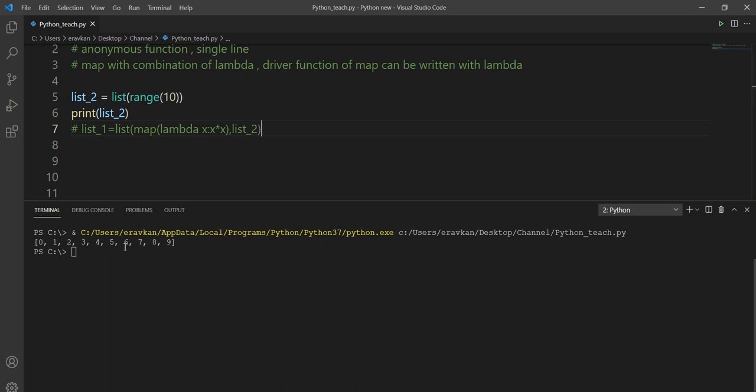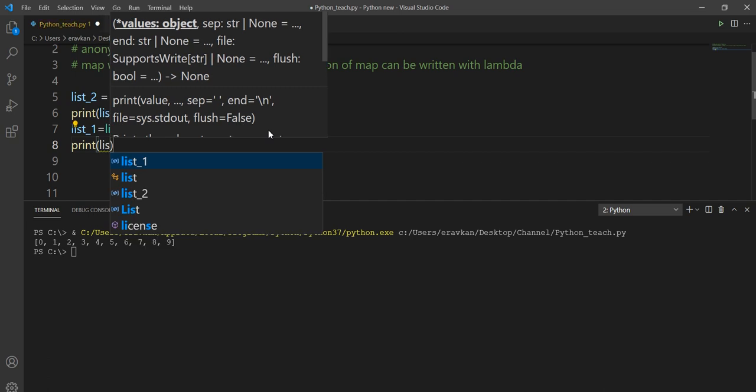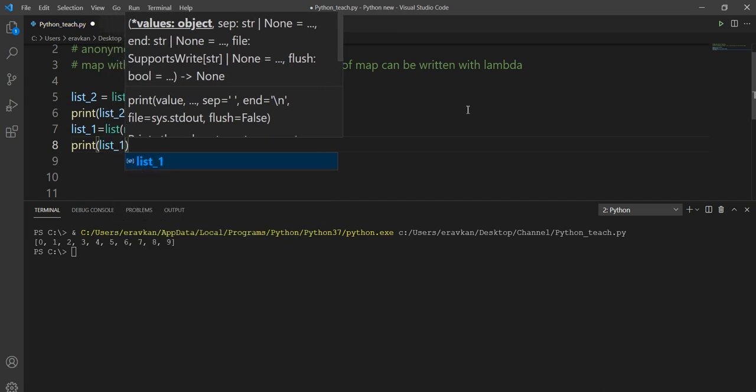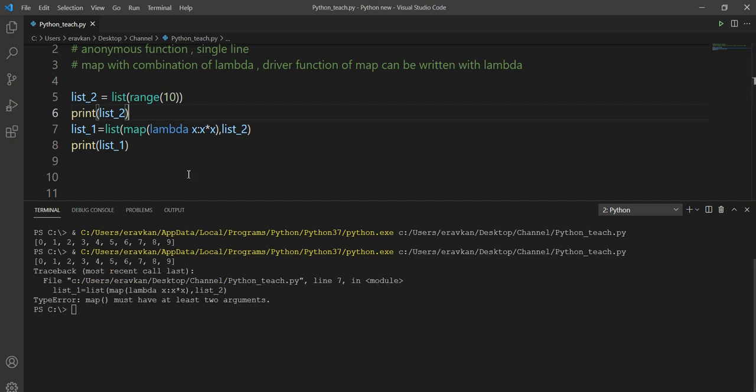So 0 into 0, then 1 into 1, and that will be stored in my new list that I'm creating by using map. So if I do here print list underscore 1, there is some mistake here with map. Okay, now let me run.